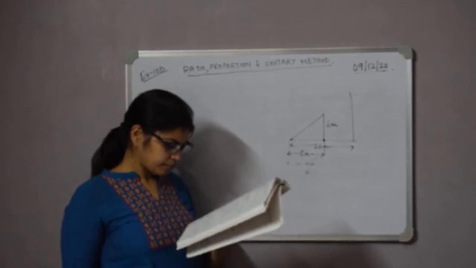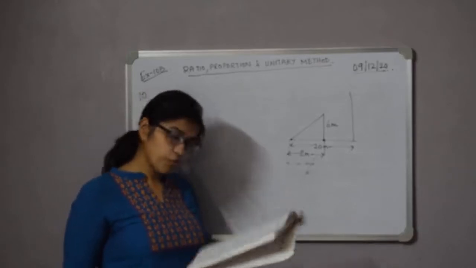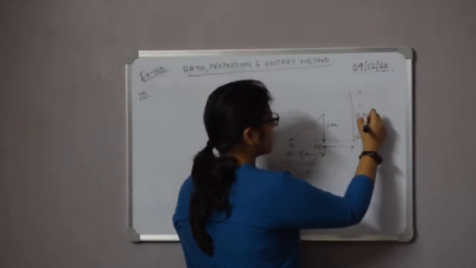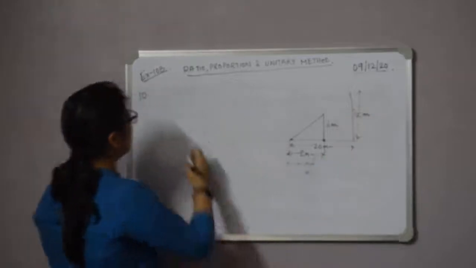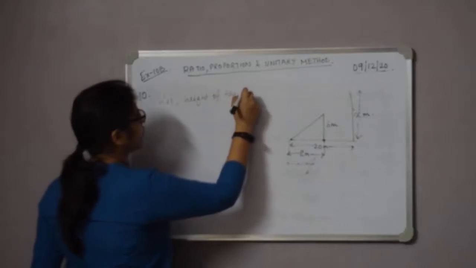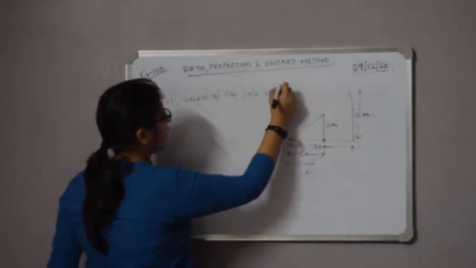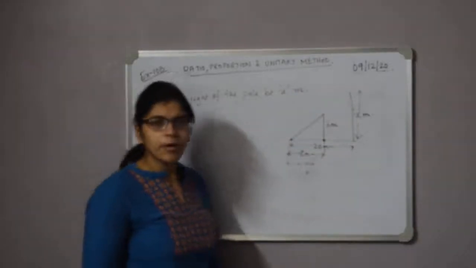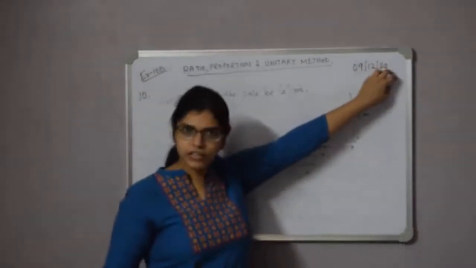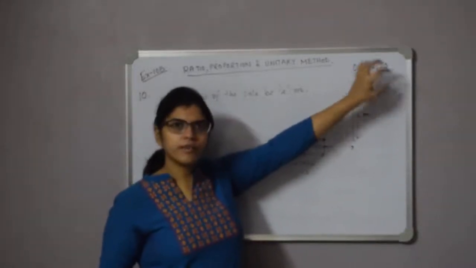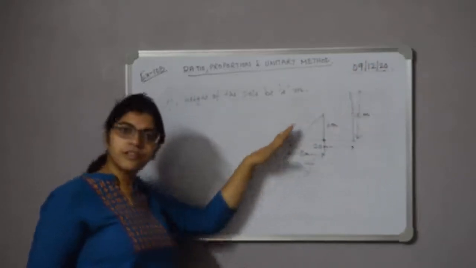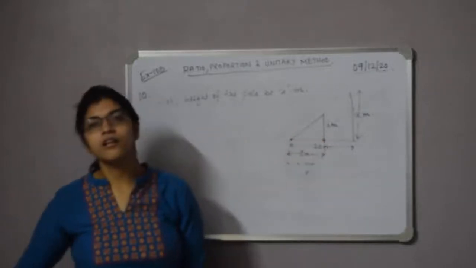Now it says, find the height of the pole. So you have to find this height. So let us take this as x meter. So you can write, let height of the pole be x meter. So remember, it has been told that this shadow has formed when the sun is in a particular direction. So the sun is in a particular direction, but because of the different height, this pole will cast a different shadow and this tree will cast a different shadow.